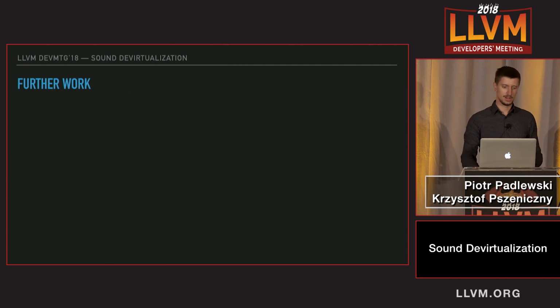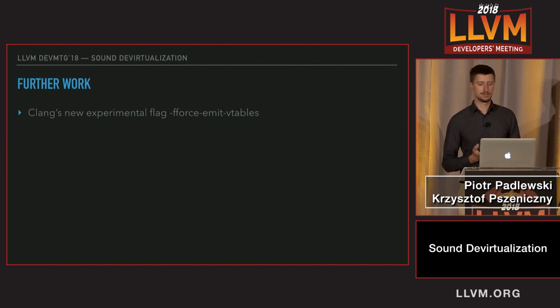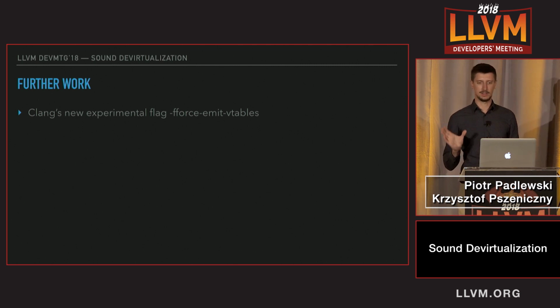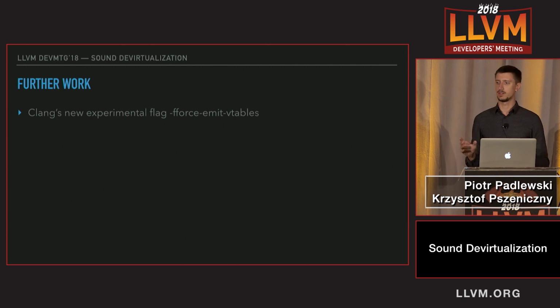And for some further work, there is a new experimental flag called -force-emit-vtables. This is a different flag from the one that actually enables the virtualization. The flag that enables the virtualization is fstrict-vtable-pointers. But this flag emits more vtables, and